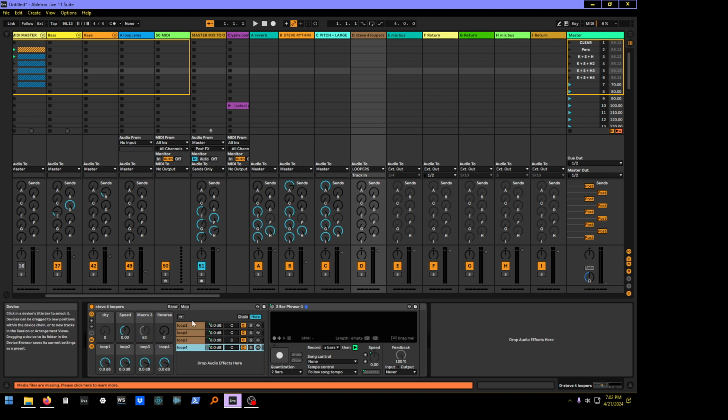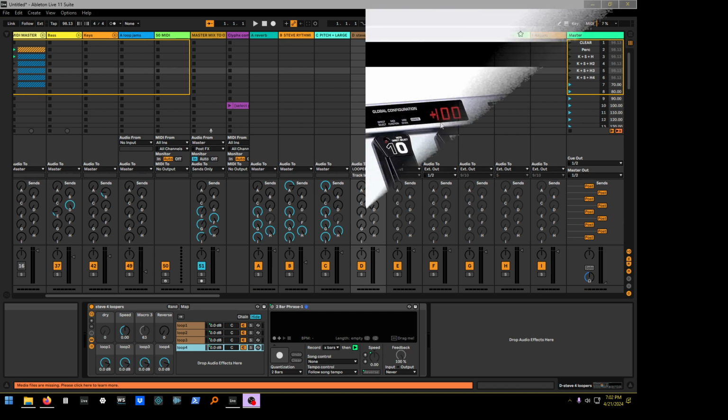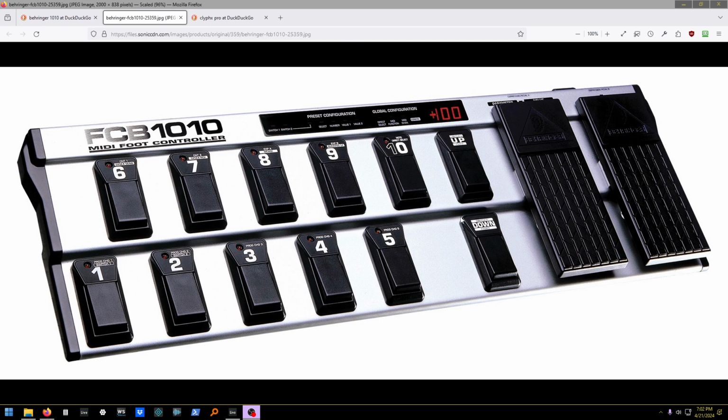And between clearing these out and playing them, I found that with 4 loopers, I can pretty much accomplish almost anything I want, with backgrounds and everything else. So at least I'll show you what I did, and we can go more into it. So here's the big thing that makes this work, this little